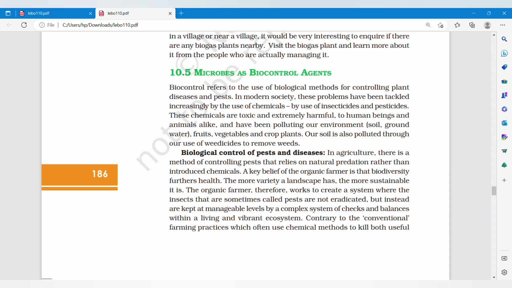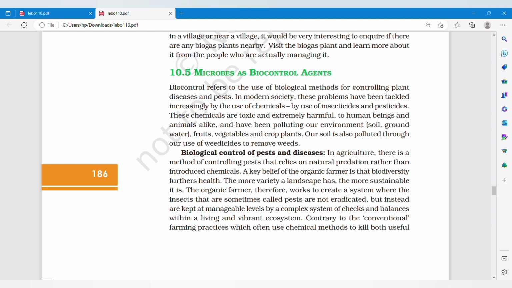In agriculture, there is a method of controlling pests that relies on natural predation rather than introducing chemicals. A key belief of organic farmers is that biodiversity furthers health. The more variety a landscape has, the more sustainable it is. The organic farmer therefore works to create a system where the insects that are sometimes called pests are not